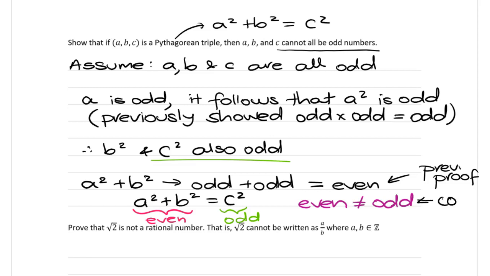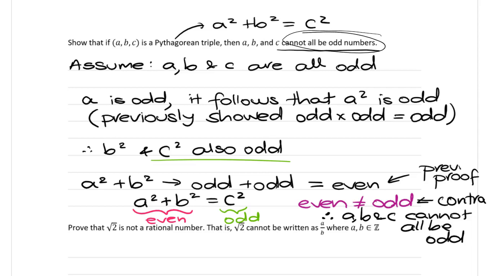So that's our contradiction. I'm just going to write contradiction. Therefore, A, B, and C cannot all be odd. So can you see, by assuming the opposite, what we were trying to prove is that they cannot all be odd numbers. So the opposite of that was, well, they can all be odd numbers. We did that, and then we examined what we had, and by using a very simple property that we've looked at in a previous lesson, evens and odds, we showed that an even number cannot equal an odd number,